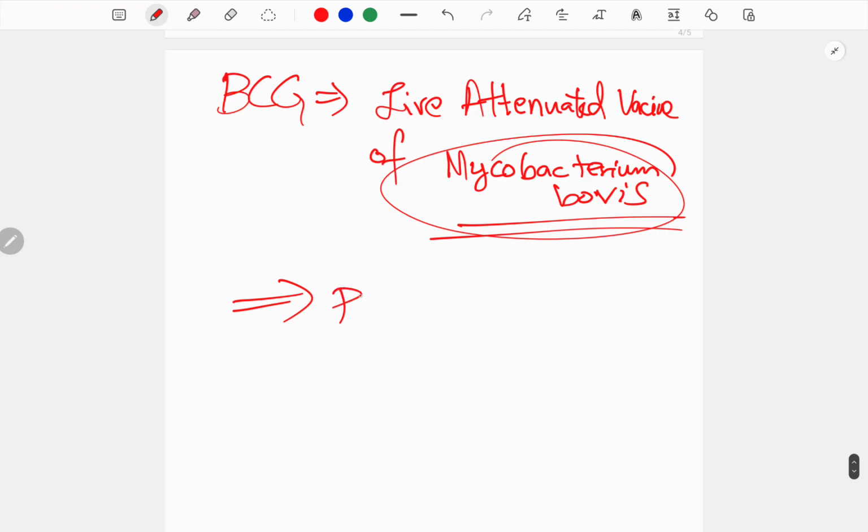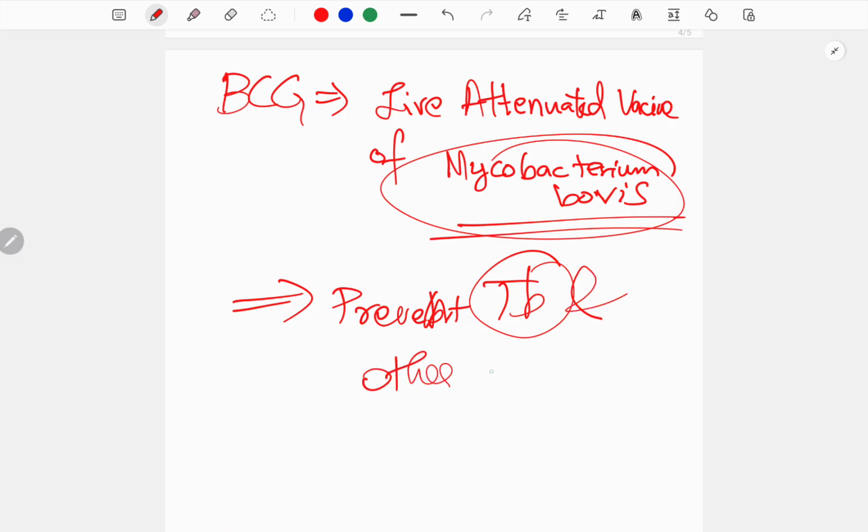So it will prevent TB and other mycobacterial infection